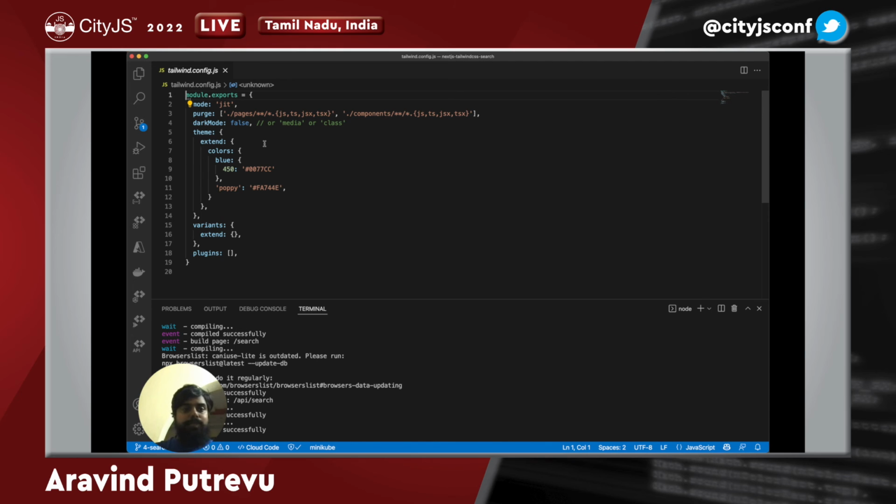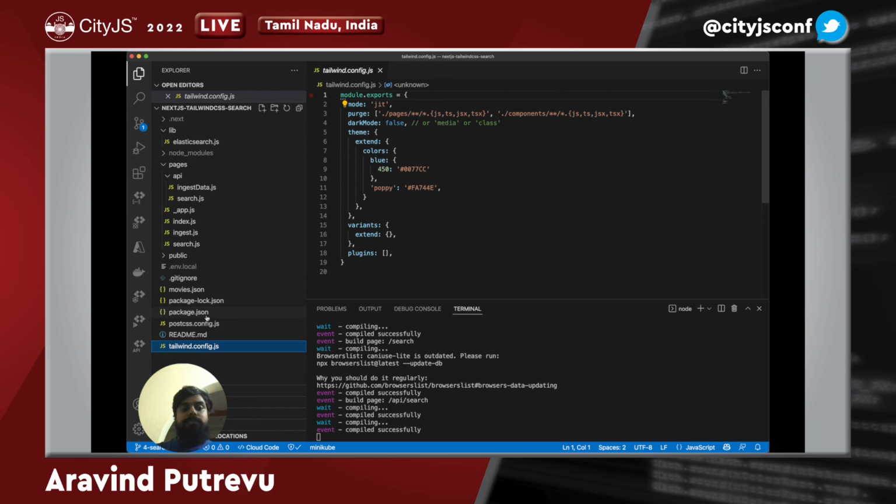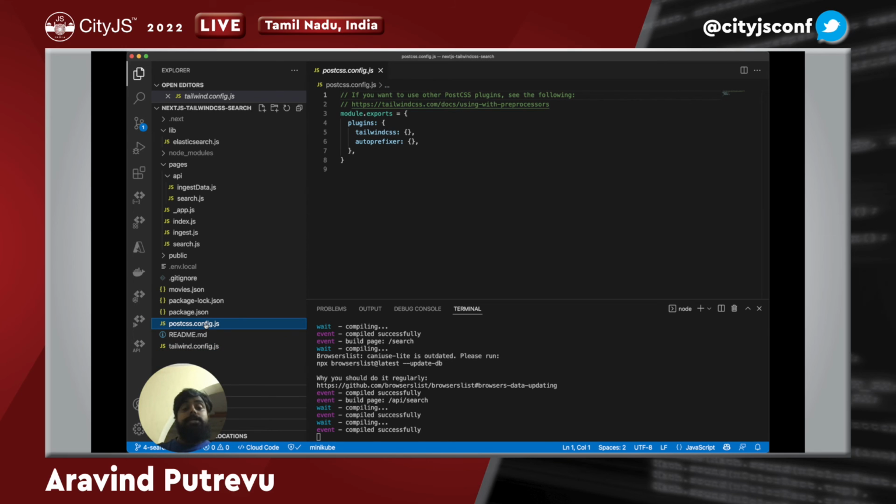Let me quickly explain what is there in Tailwind and how I'm trying to do things here. Tailwind is a utility CSS based framework wherein you don't need to write CSS at all, or you can just give the class names based on a specific semantics and structure, and then it simply follows that color scheme and allows you to generate that massive CSS file. Now even here we are not generating that file, because in Tailwind 2.0 they have a specific way called just-in-time compilation. Because we are running in dev mode, it will allow you to do that. If you are running a production build, you need to run